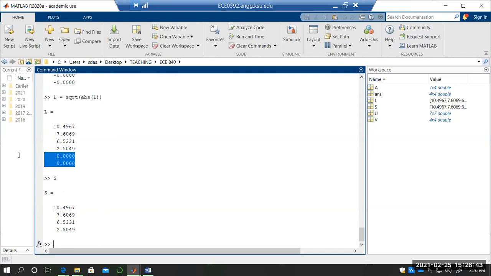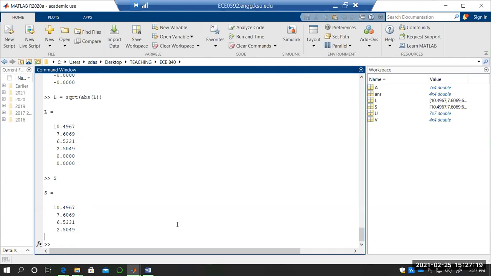Ignoring these two zeros, the square roots of the eigenvalues of this A A transpose are nothing but the singular values. 10.4967, 7.6069, until this one, right? And